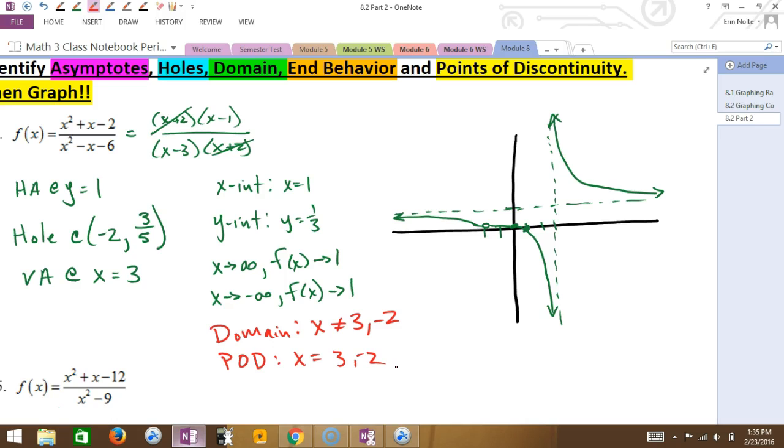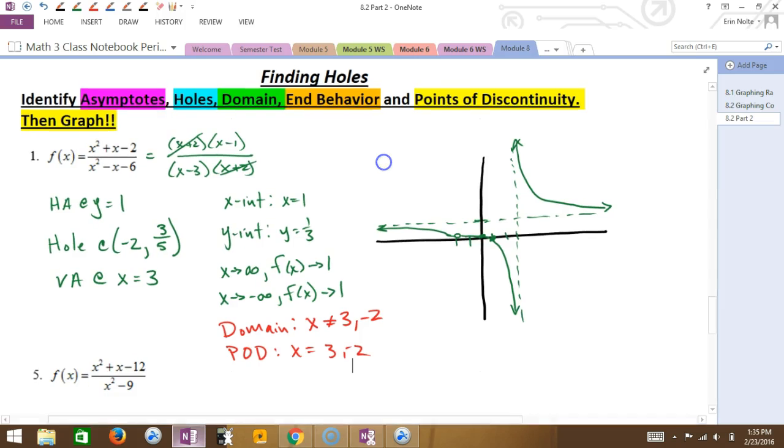How did you get 3/5? Oh, 3/5, I plug -2 into the simplified form of this. And just so you guys know, on the worksheet, if they ask you for a hole, if you can find the y value, that's helpful, but I definitely want you to give me the x value. So I'm going to say optional to give me y. If you can find it, do it. If not, I'm not going to get all upset about it. So we good? Yes. Worksheet, yeah, let's do the